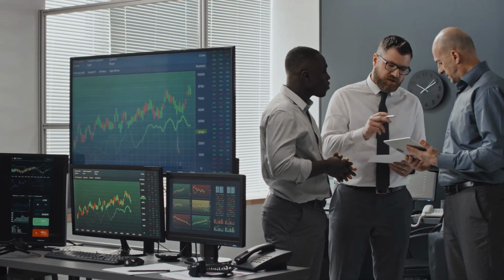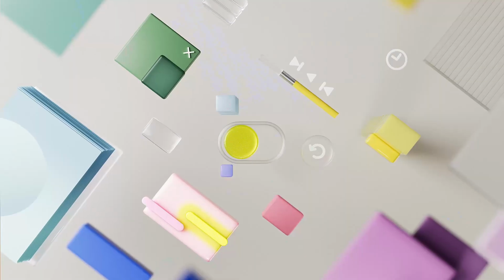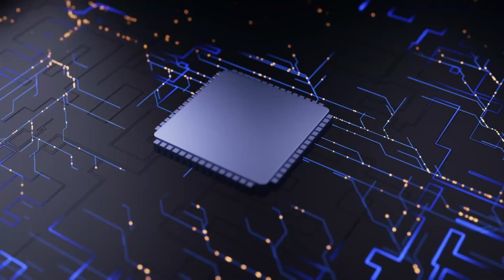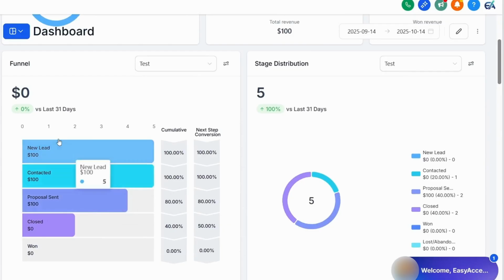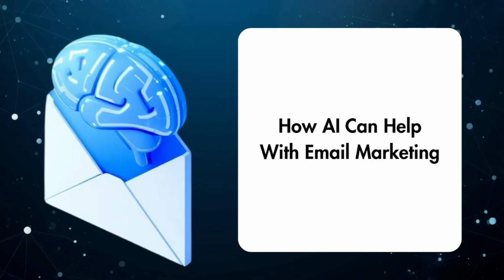Today, we are talking about how to automate email marketing using AI. Sending emails to your customers and subscribers is one of the best ways to grow your business online. But managing email campaigns manually can take a lot of time. You have to write emails, schedule them, segment your audience, and track the results. AI tools now make this process much faster and smarter. With AI, you can create email sequences, personalize messages, and even optimize your campaigns automatically. In this video, I will show you how AI can help you to automate your email marketing and make it